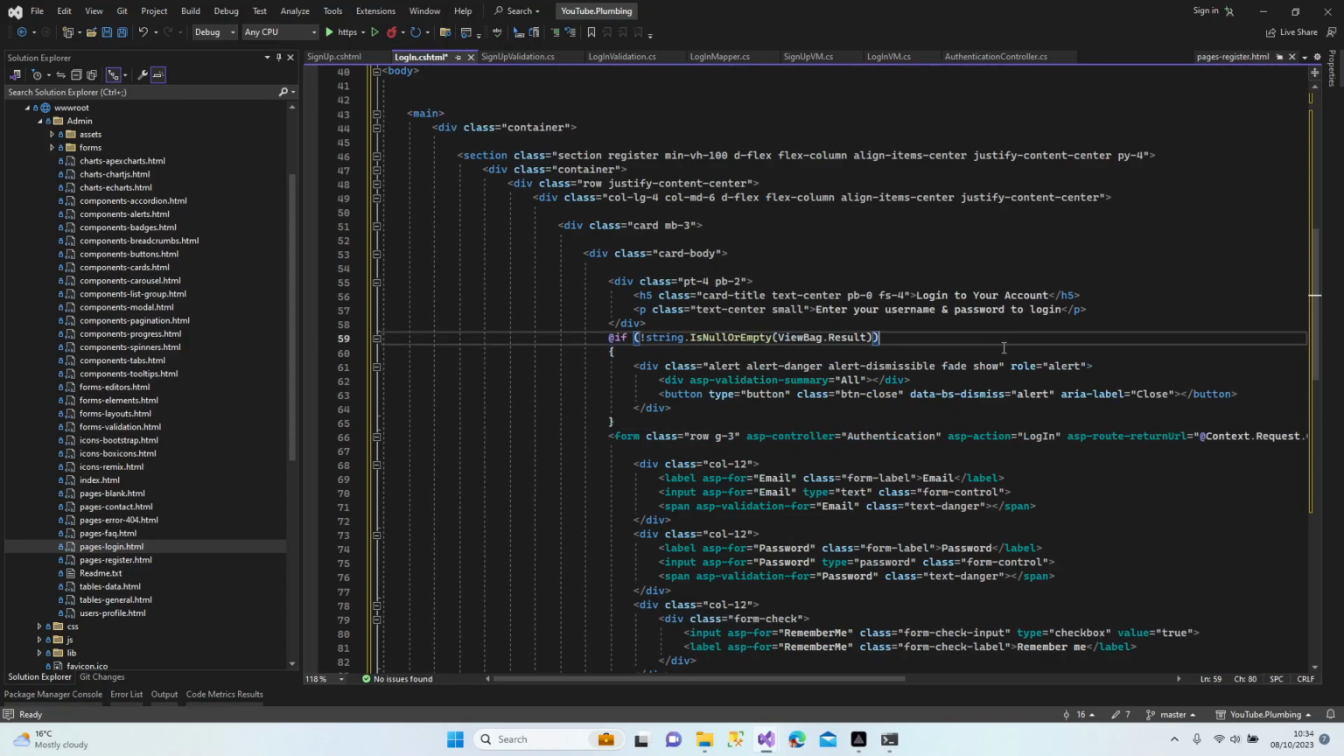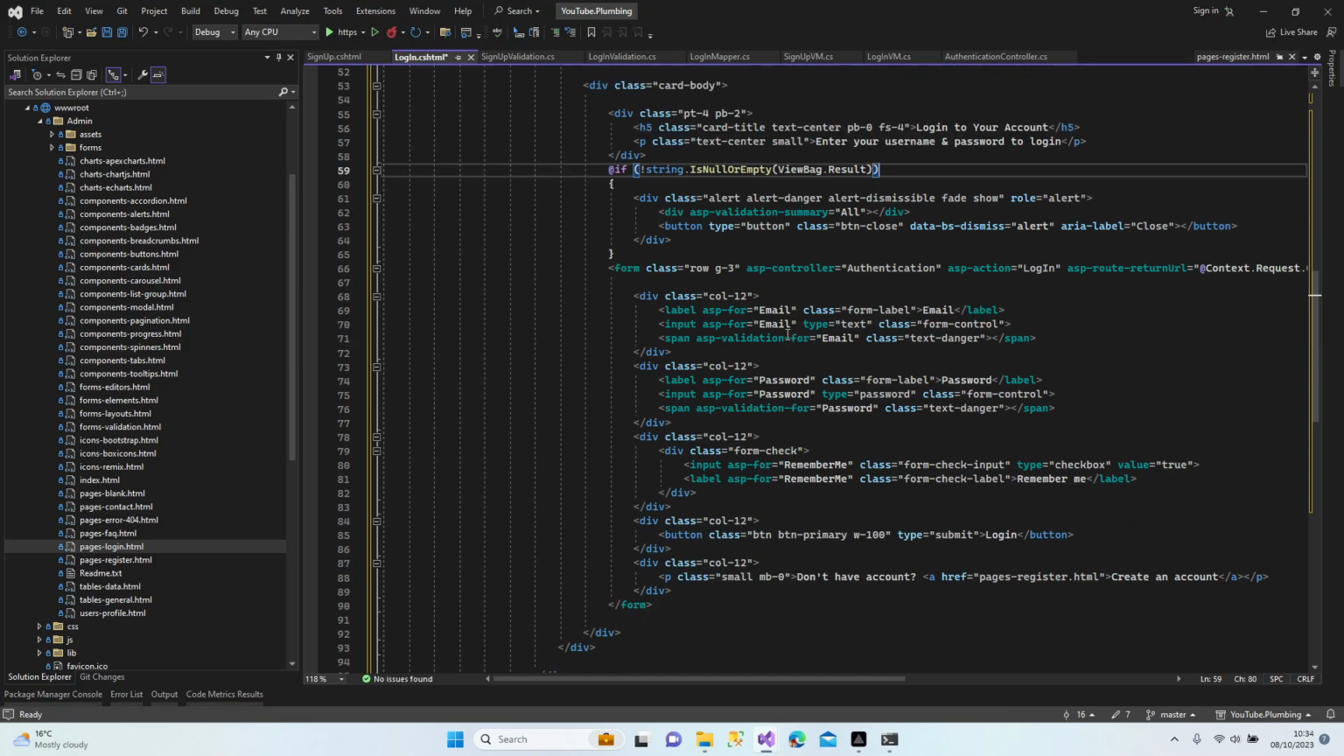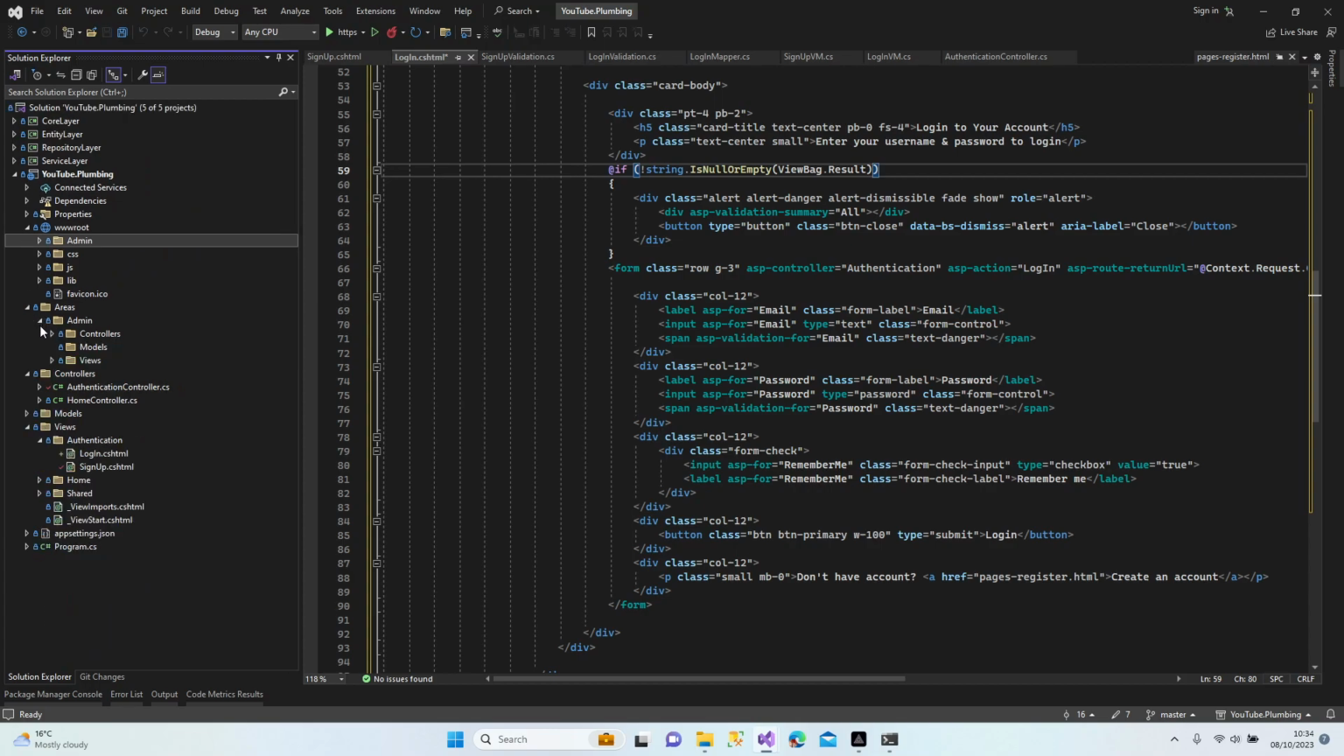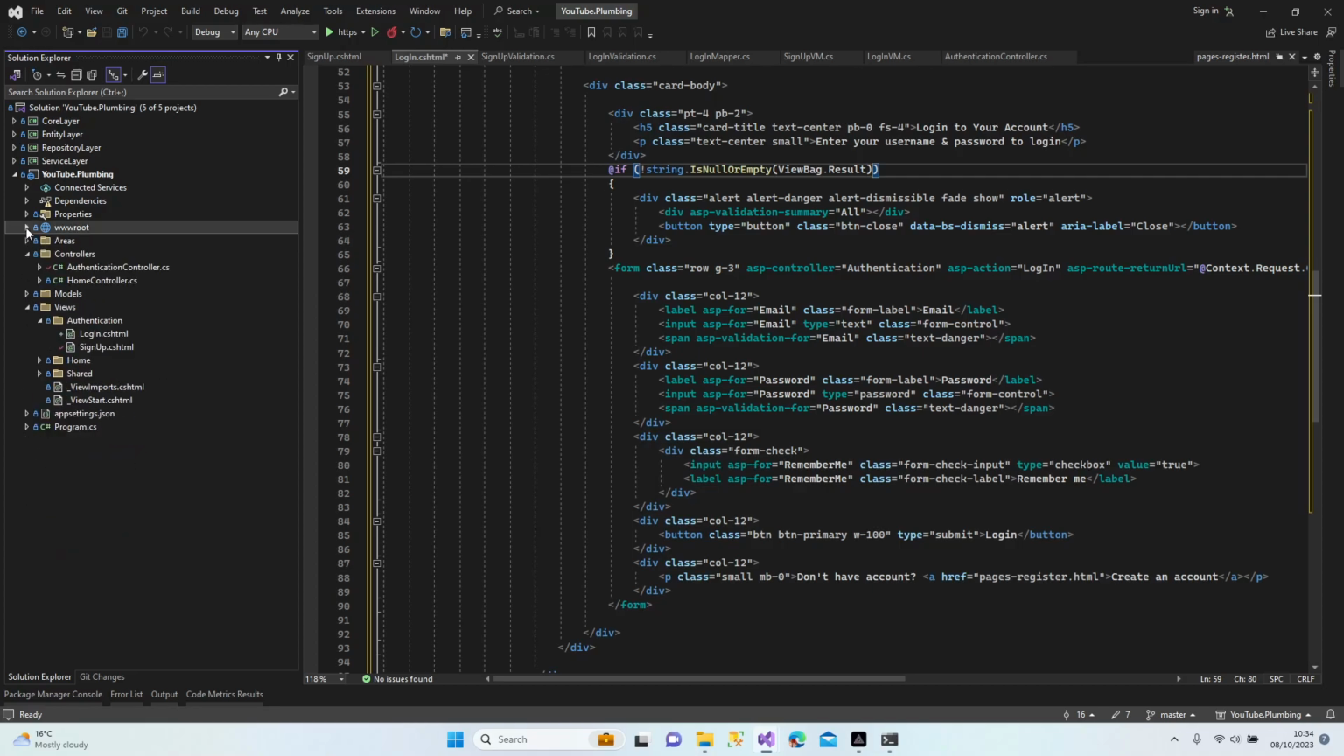Alert is added. Email, password, remember me. Perfect. Authentication login. Very nice. Okay, now I'm going to try this login method, but to be able to use it, guys,